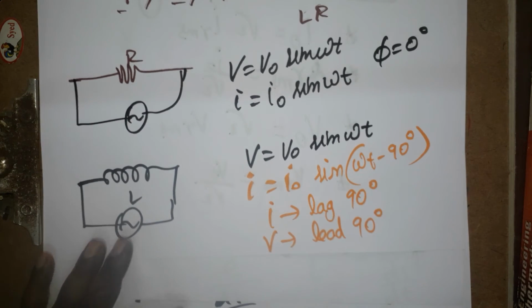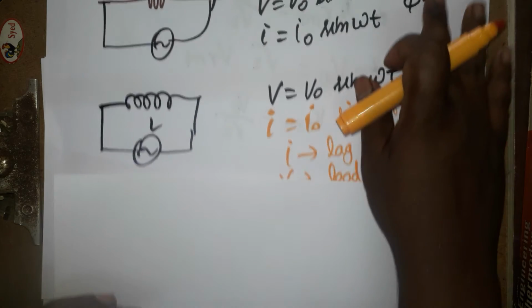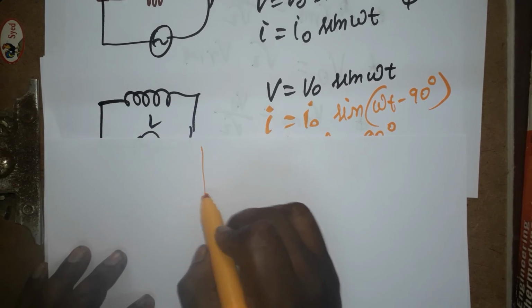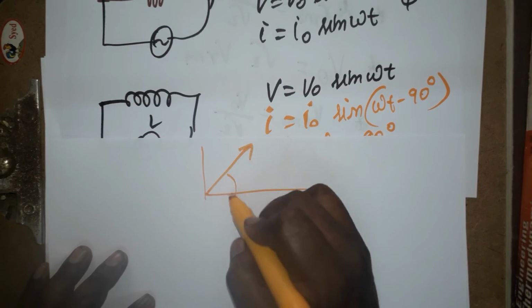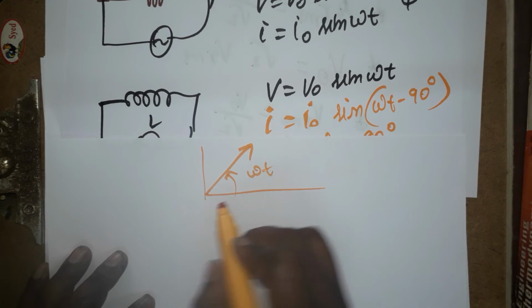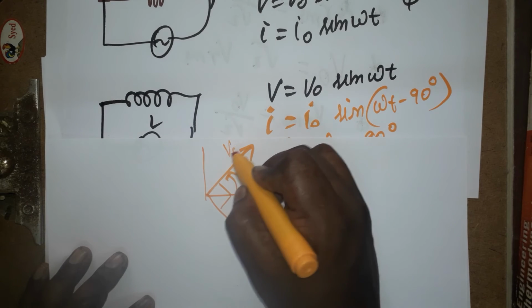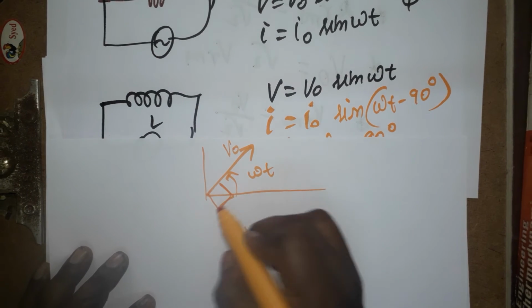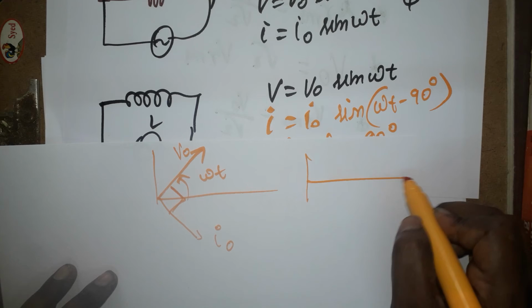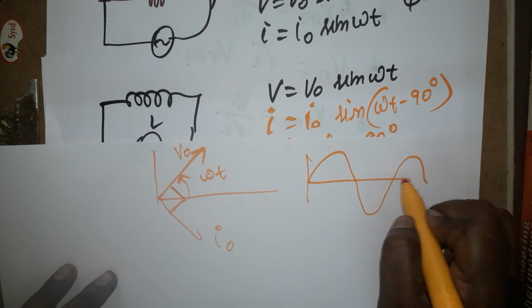The next one, see here, you need to know what the graph is also. It's the vector form of the graph, omega t. From here, 90 degree is the reverse for current. It is called voltage and it's called current. Phase difference will be 90 degree. In case you want a phase diagram, it is called voltage